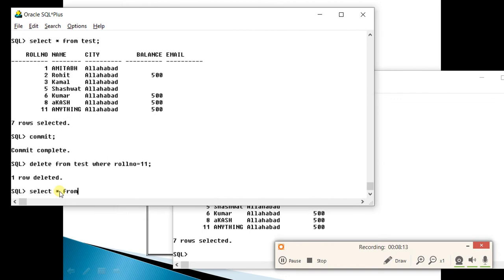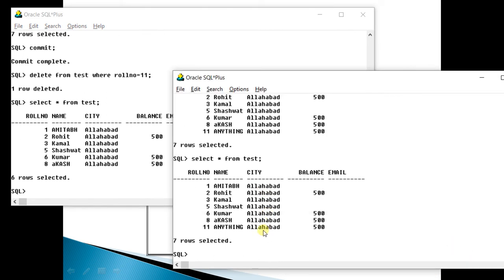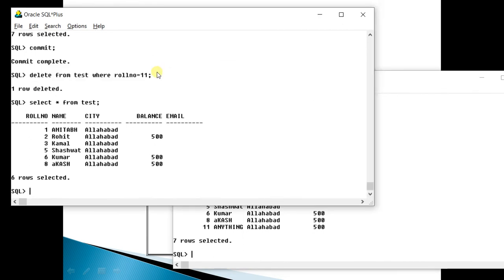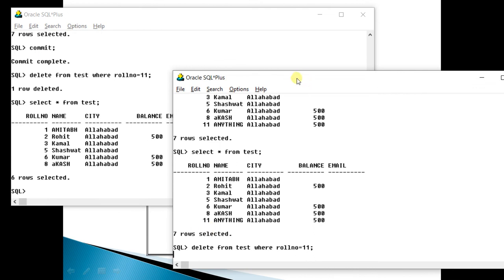Select star from test. Now if you try to delete it here again, same query, what will happen? See, now it has gone into wait state. Nothing is happening. Now you can see not responding has come.